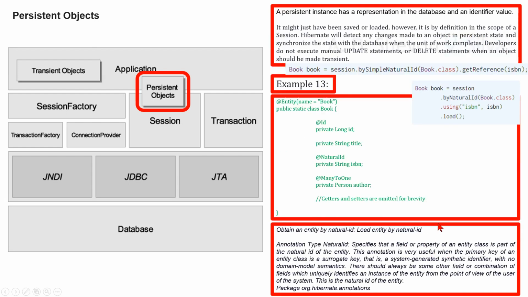Now we are considering obtaining an entity by natural ID. Load entity by natural ID. Annotation type NaturalId